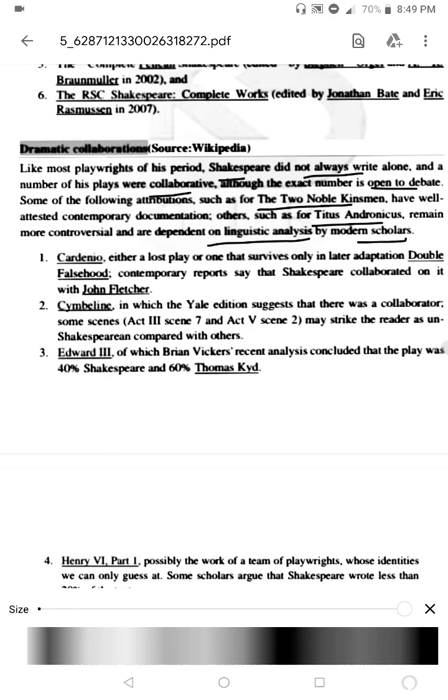लाइक फर्स्ट है कार्डिनियो. He either a lost play or one that survives only in later adaptation. Double Falsehood. Contemporary reports say that Shakespeare collaborated on it with John Fletcher. यानी कि कार्डिनियो एक वर्क है, इसके अंदर शेक्सपियर ने किसी के साथ कोलैबोरेशन से ये वर्क लिखा था।